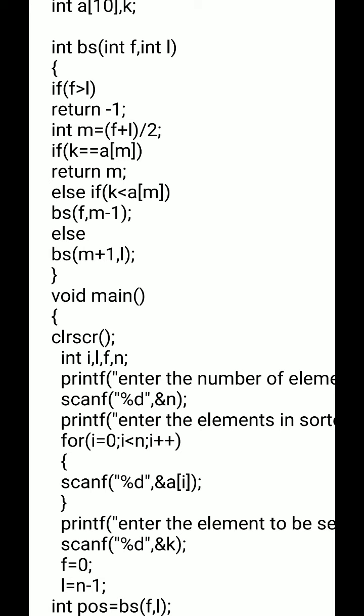First we will check whether the first index is greater than the last index. That means the array is out of bound, because if we are searching, the first index should be less than the last index, so it will return -1 if first index is greater than last index.